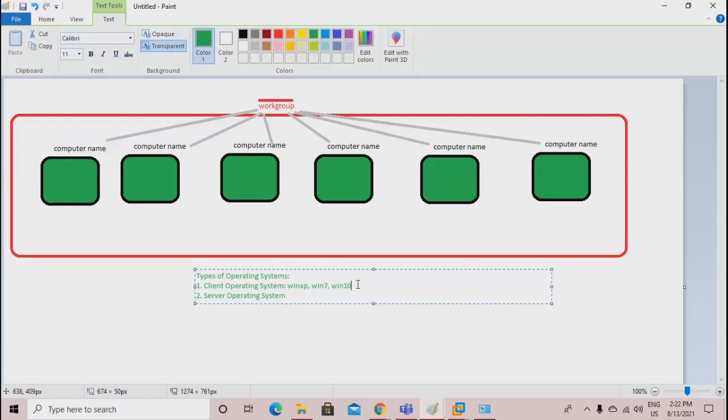With the help of these operating systems, you can only create a workgroup. You can create a network called a workgroup in which you cannot have any individual system that can control everyone. You can give a certain name to this workgroup and that becomes your logical network. So using a client operating system, we can't configure a server.